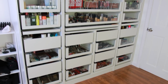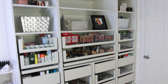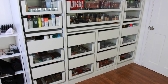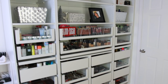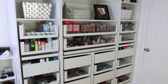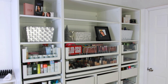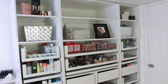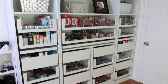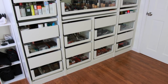So when customizing this unit, I actually was very inspired by another YouTuber with a makeup collection in a PAX unit. Her name is Tweely, and mine is very similar to hers. It's just a little bit smaller, and I do have more glass drawers. I love the glass front because you can just see what's in there, and I just think it puts everything on display really beautifully. And I have mostly the whole unit filled, but I do have some gaps that I need to figure out what I want to do, like the top shelf. I'm not sure what I want to do yet, and a few of the trays,